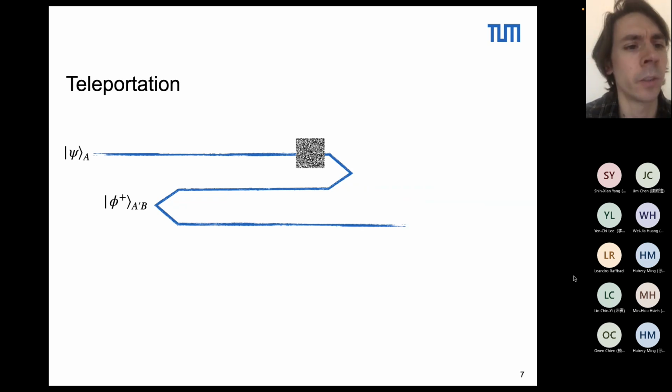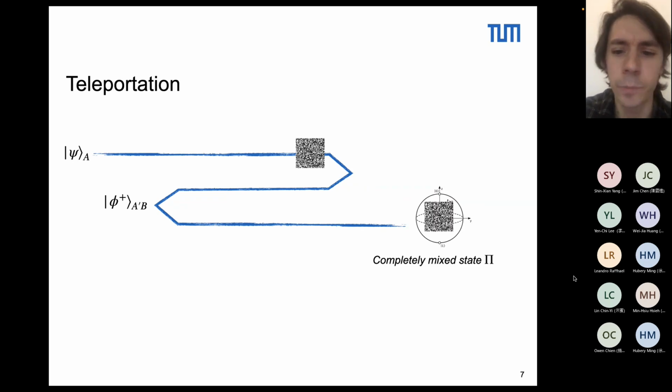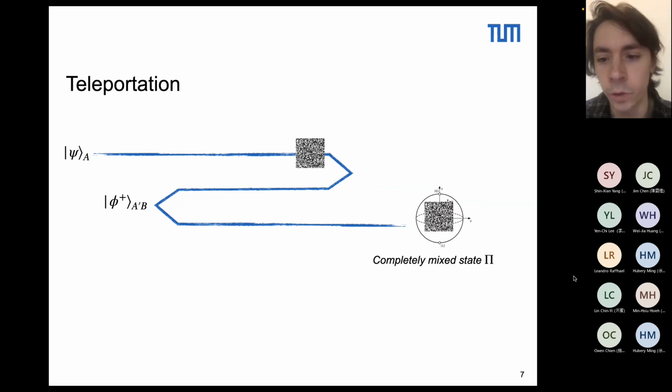We can see the teleportation channel as one that introduces some random Pauli noise on the way, such that if Bob looks at his qubit before the end of the protocol, all he sees is a completely mixed state, because it's a state that is corrupted by some unknown Pauli noise,